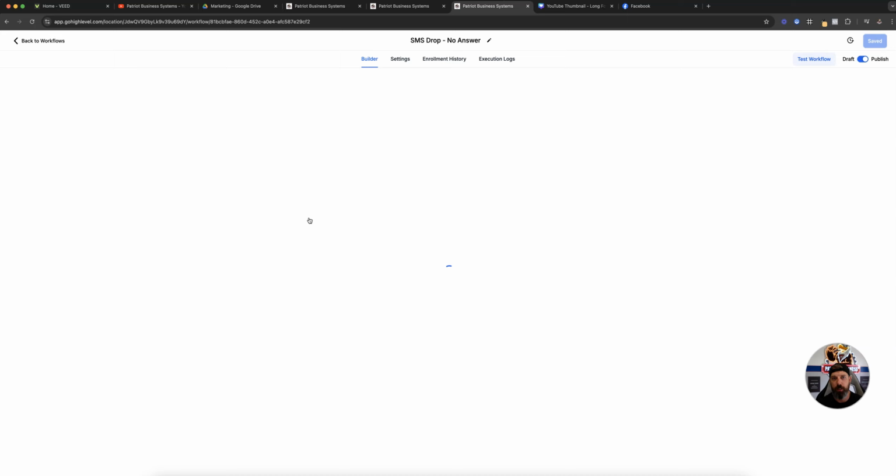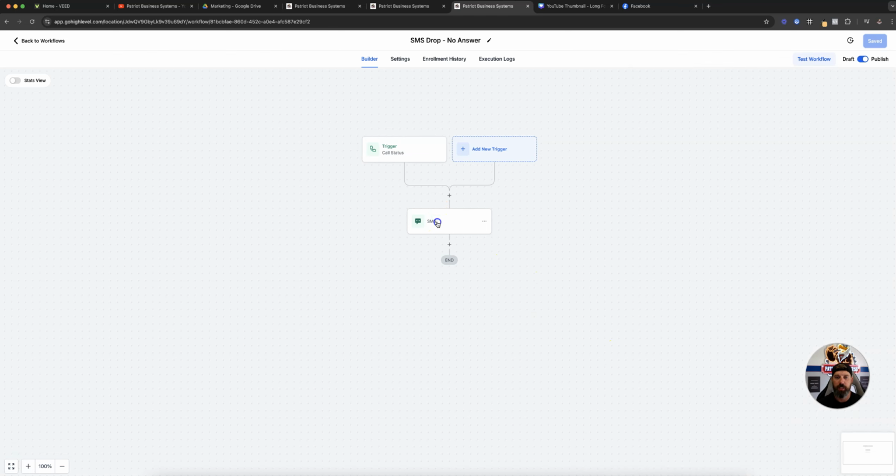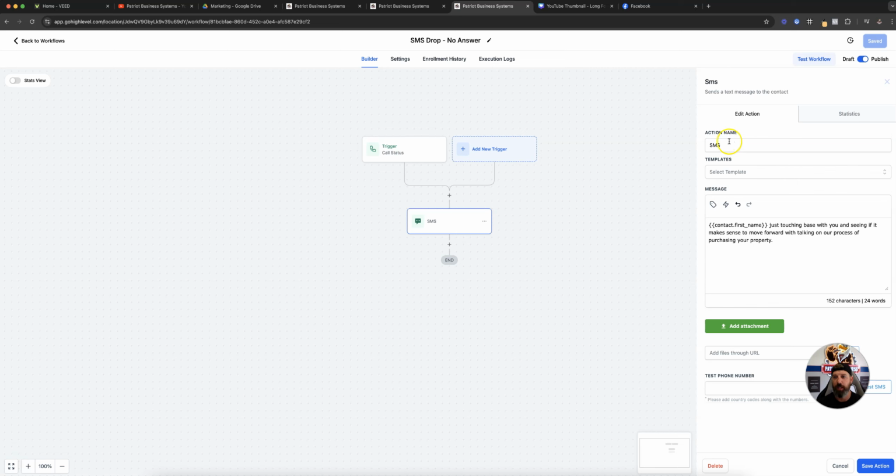it's going to be a triggered flow based off of an outbound call. So outbound call, status of no answer. And then the next step is going to be to send out a text message. Under here with this feature, we can click on contact and put in some variables such as name and address, pull in custom fields, things of that nature to make it more custom message specific to the client that you're